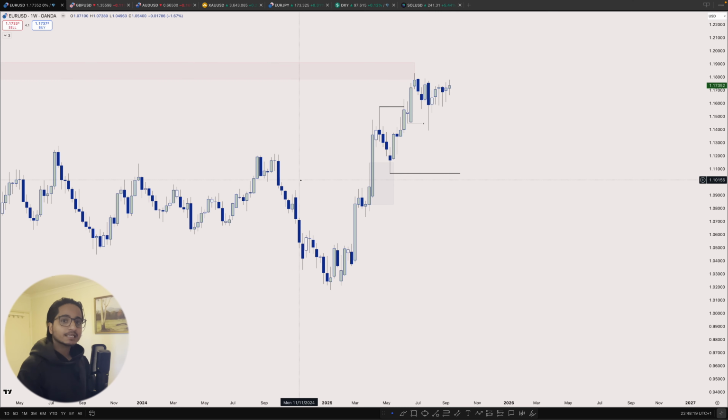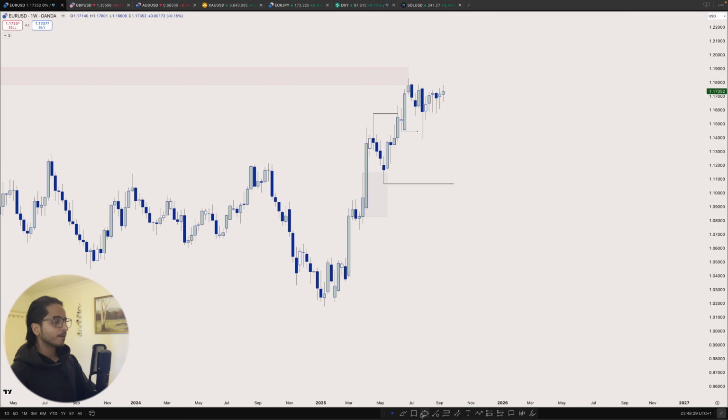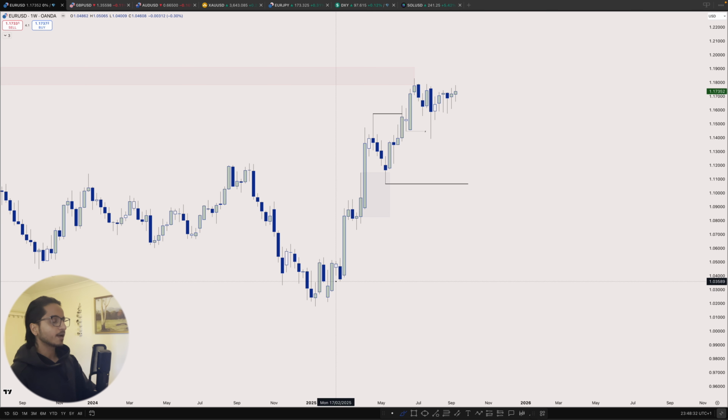So without any delay, let's get back into the euro dollar first, and then after we go on the pound dollar, Aussie dollar and the gold, okay? So what do we have on the weekly time frame? On the weekly time frame for the euro dollar, we are pretty much bullish, right? So last week I was saying that pretty much we're in this impulsive leg and we pulled back into the good area of value.